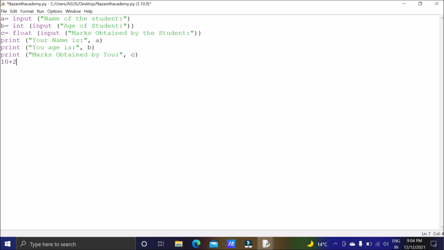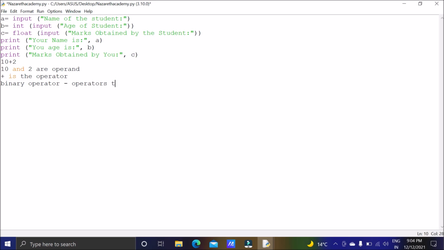Here 10 and 2 are operands, and plus is the operator. You can see two operands are compulsory. If you do not get two operands, you cannot do calculation. So those operators like plus, minus, asterisk, slash, those operators which need two operands are called binary operators.